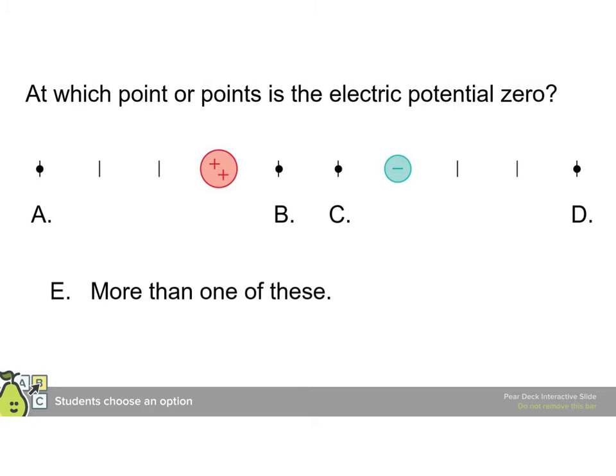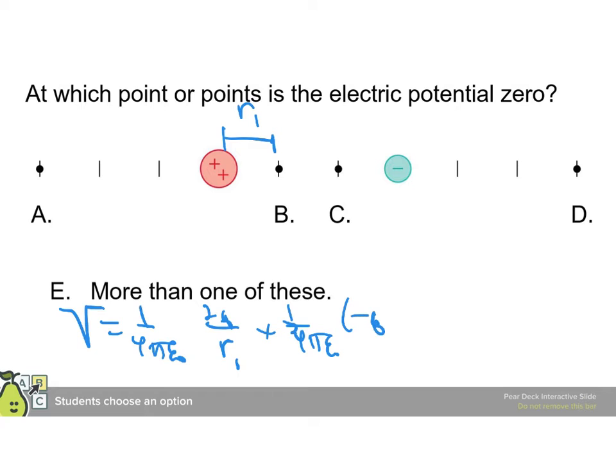The charge on the right, well, I guess we can say the total potential is 1 over 4 pi epsilon naught 2q over some distance, we'll say R1, where I'm going to pick any one of them. That's the distance R1. And then we'll have 1 over 4 pi epsilon naught minus q over R2, where R2 is the distance to some other point. So here I'm looking at point B, but we could look at any of them. And we can see that for this to be 0,